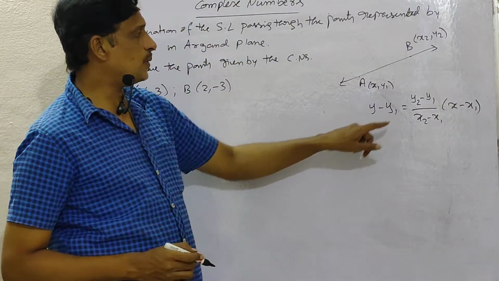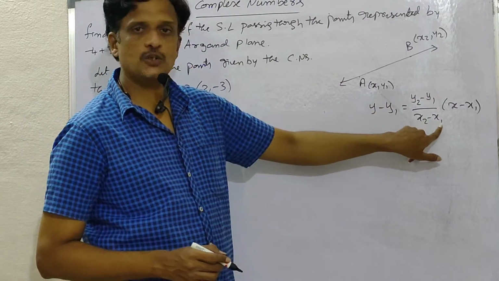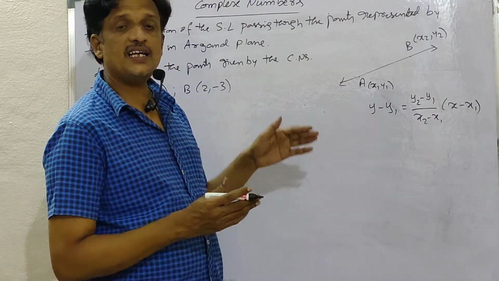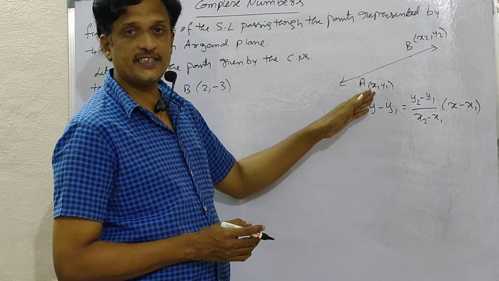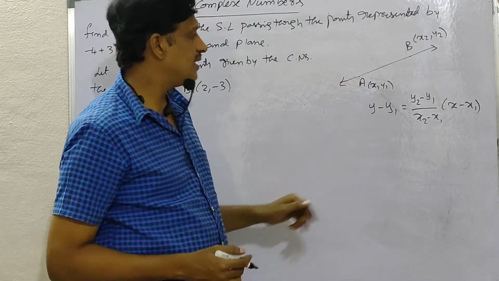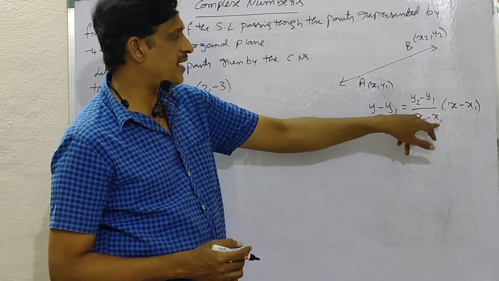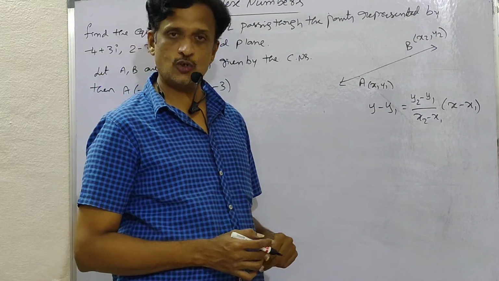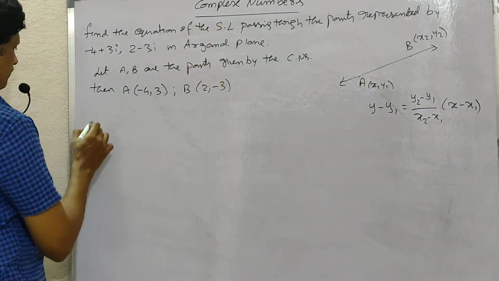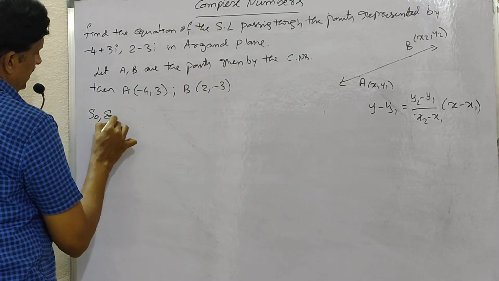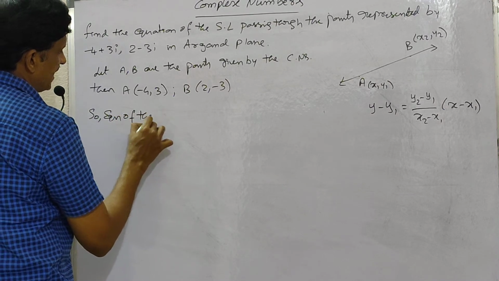So, first calculate the slope, y2 minus y1 by x2 minus x1. Now, the equation of a straight line passing through the point x1, y1 and having the slope m is y minus y1 equal to m into x minus x1. M is the slope here. So, now, the equation of the straight line